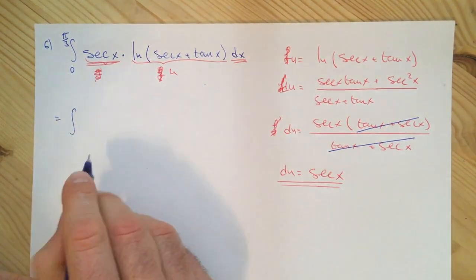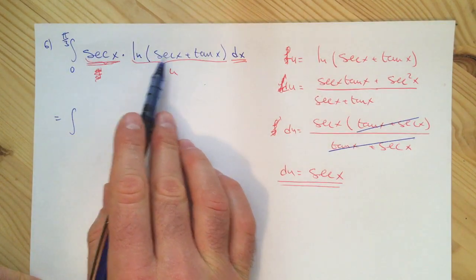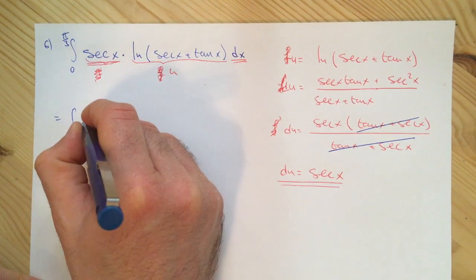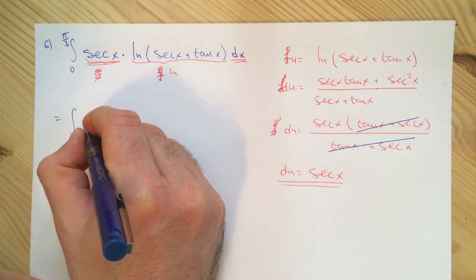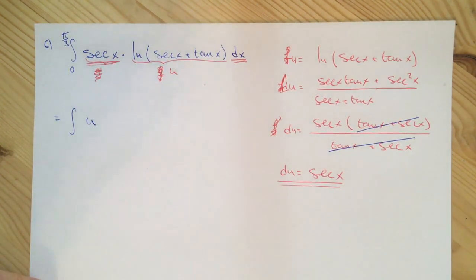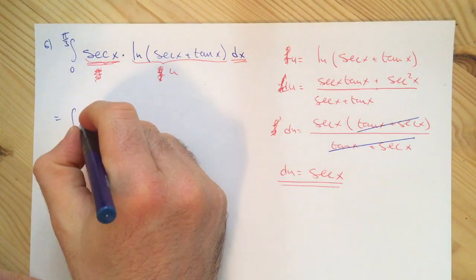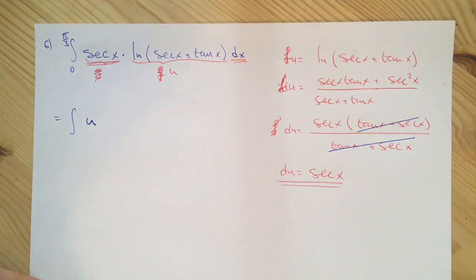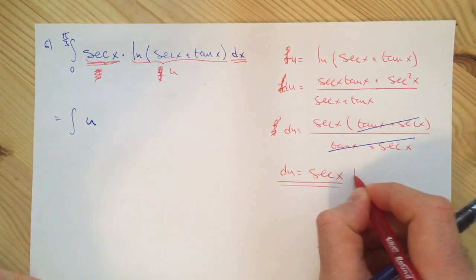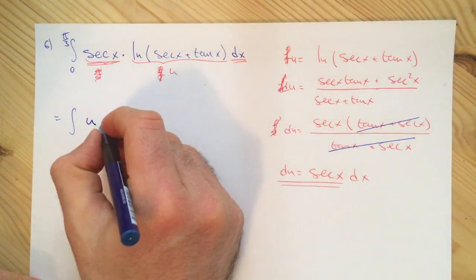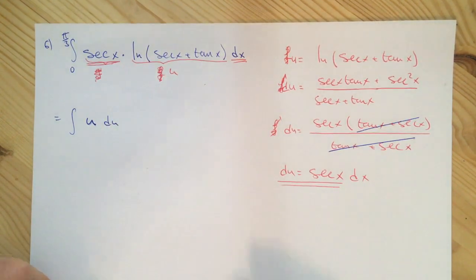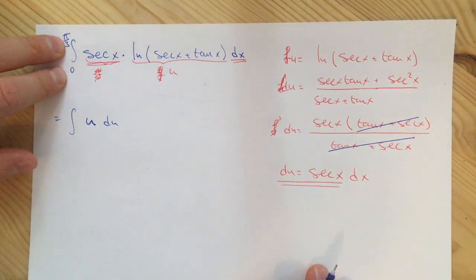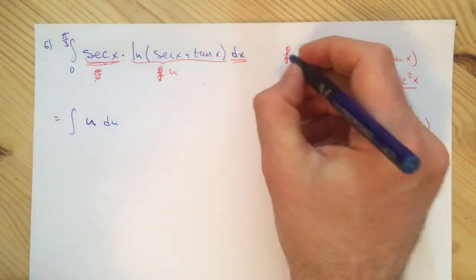So this is just the integral of ln of secant x plus tangent x is just u, and then secant x dx is just du. The only thing is that this is a definite integral, so the limit of integration will change